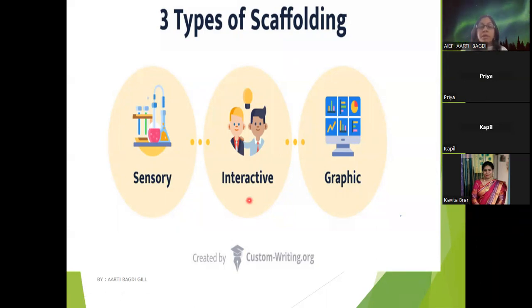Interaction is something making the child feel confident, raising the child's engagement in the classroom, raising the child's motivation, raising the child's confidence, and raising the child's speaking skills as well. So very important. Interactive sessions, base group sessions, in my previous webinars I've already discussed that yes, base group sessions are very important, where you interact with the children both in a formal and informal way. Very simple. So it is a type of scaffolding which you can give to the child. Graphic representation, very interesting. If I say I'm doing graphic representation, so